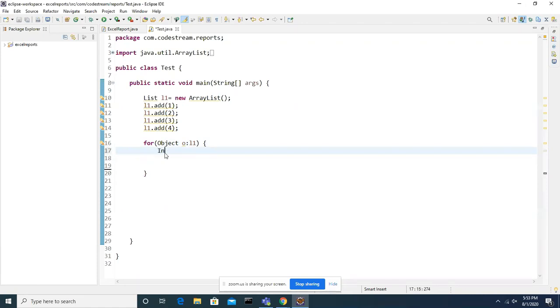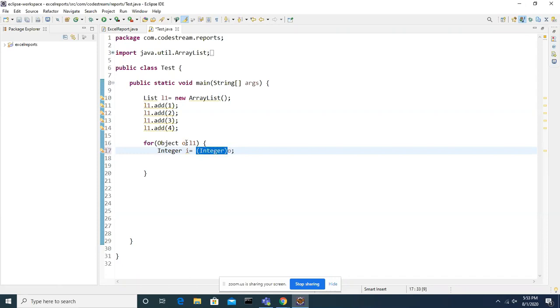So if you want to typecast this, guys, I think I explained about typecast. What is typecast? Converting one data type to another data type by using these brackets, if it is possible.